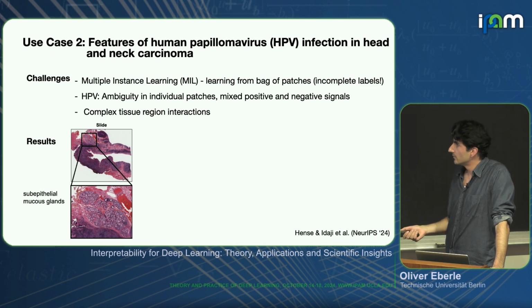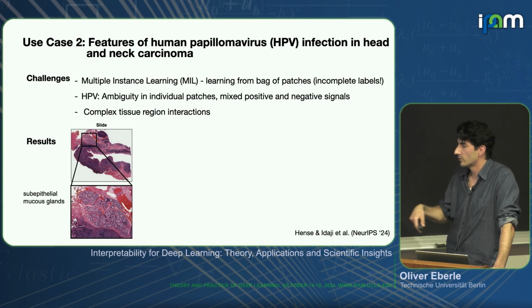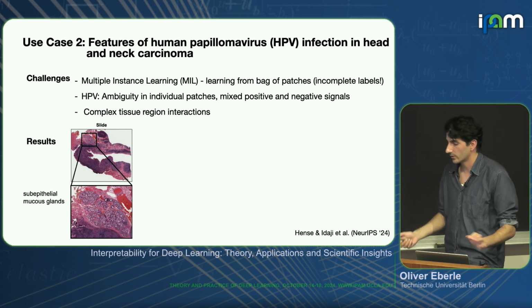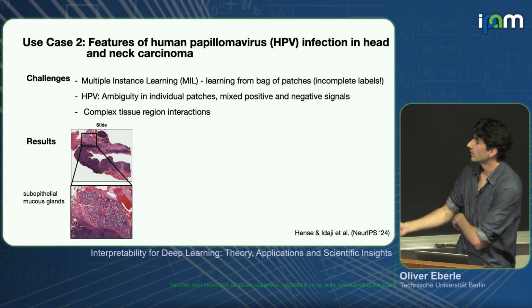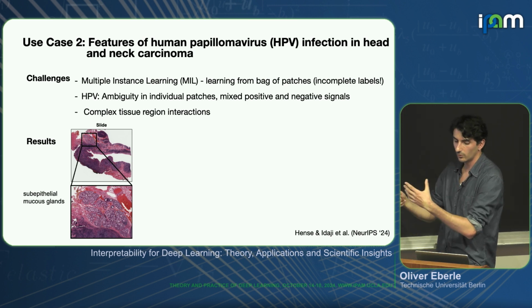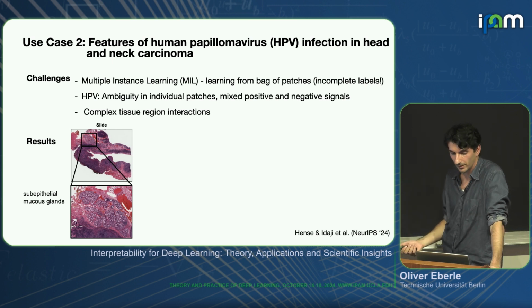And this is difficult to do because there's a lot of ambiguity. So maybe one patch has some signs of a cancer cell, but all neighboring ones don't. So it's a bit unclear sometimes. Even for experts, this is an extremely challenging task, and that's why people started using foundation models to process the features of the patches, and then you need to learn some kind of readout function. The most common readout function that you use nowadays is something like a transformer or a Mamba model.